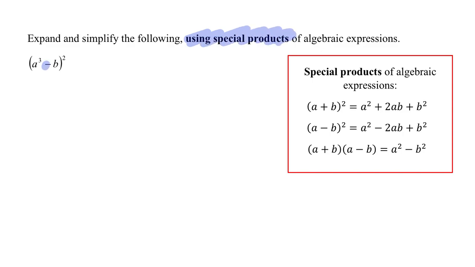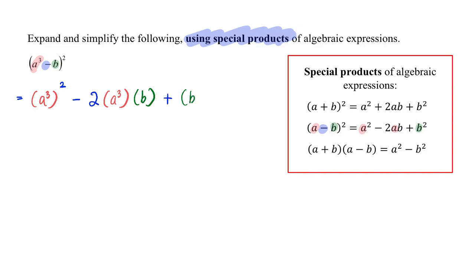And I see a minus. You must choose the correct algebraic special products. And therefore later on you will see me substituting my a cubed with a and my b with b. So without further ado, you will then see me writing my (a³)² minus my 2ab